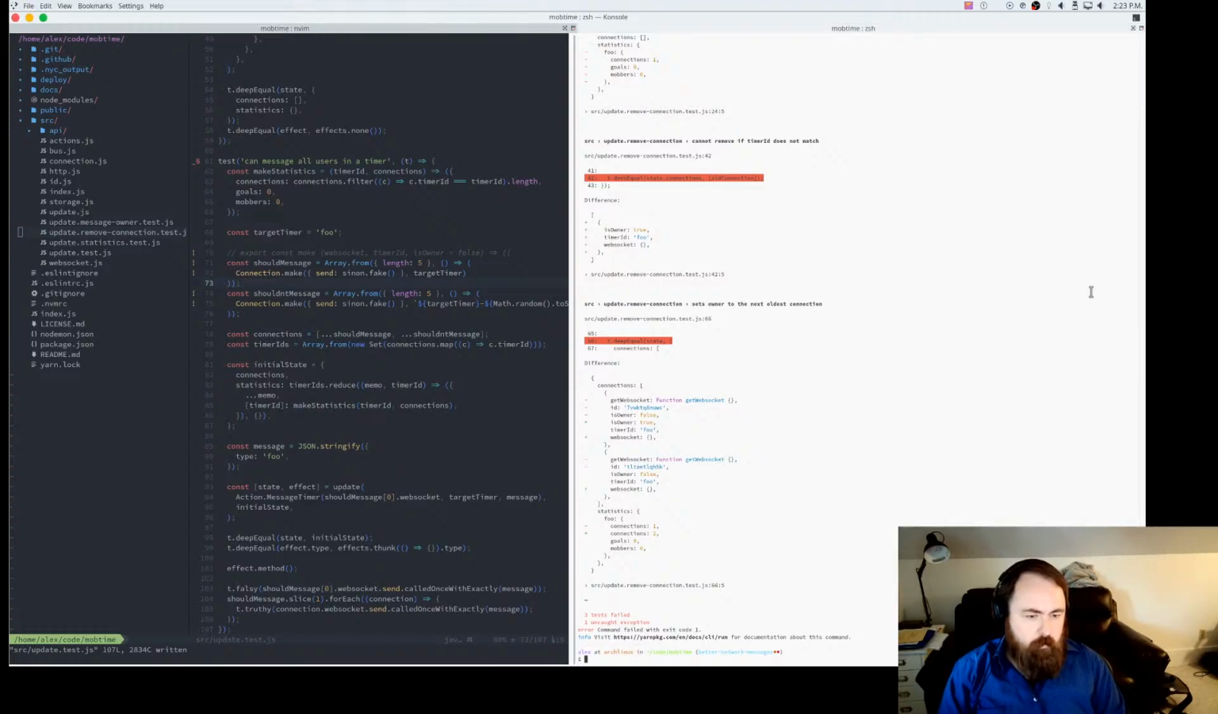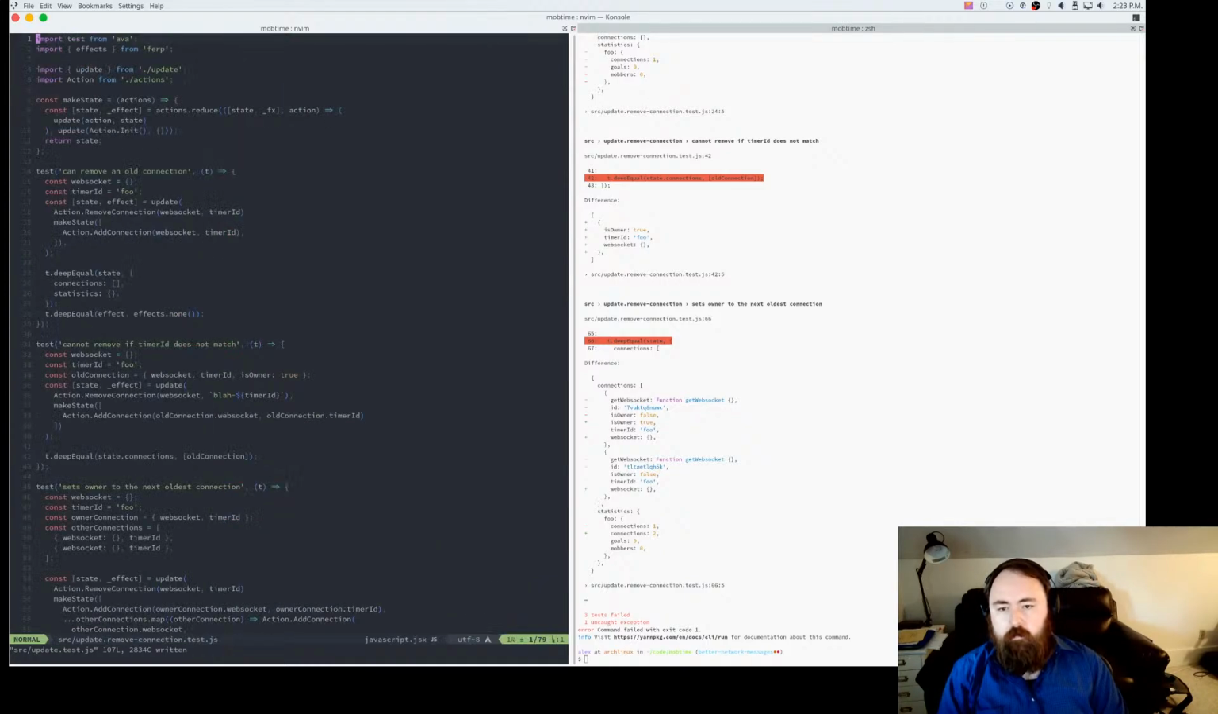Alright, so let's see. So update remove connection sets owner to the next oldest connection, which is like sort of true, I suppose. It's not completely false anyway. So we're gonna go here. So we have a make state. Alright, so this actually builds up state by like kind of looping through a bunch of things. So we don't really need effect in there. And we do use this state, but maybe we'll call this like next state. And we don't care about these effects because we're not